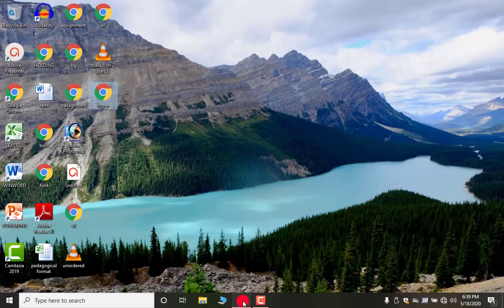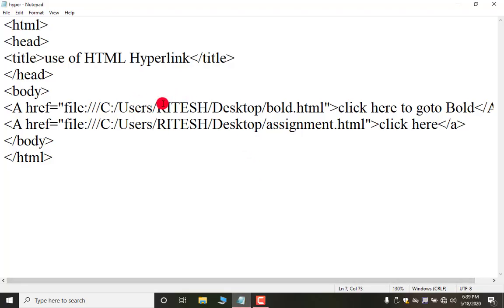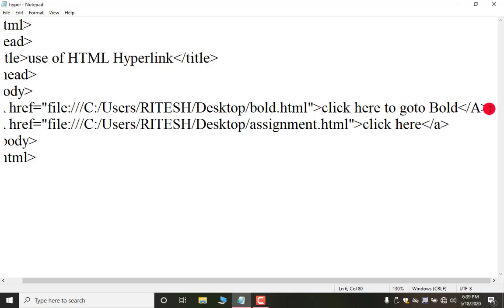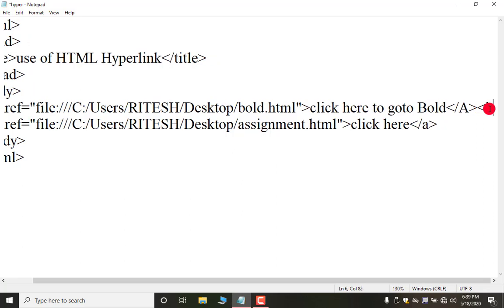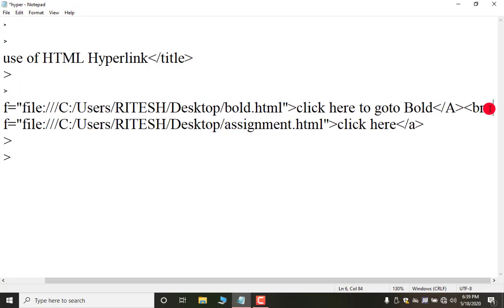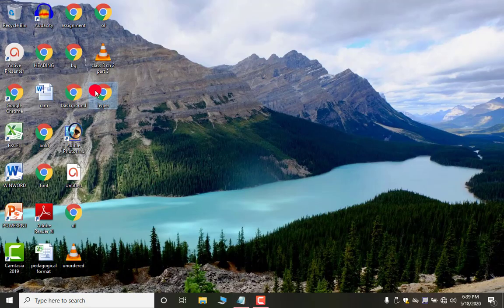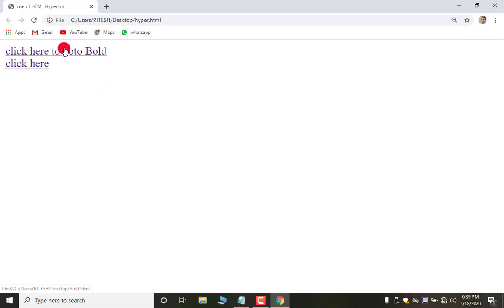Now if you want to display these both in different lines, after this a close you have to use br. Okay, now again Control S to save. Now if you open it again, here you will get, look, this is the first link and this one is second. Okay, so you can create any number of links in your HTML page.